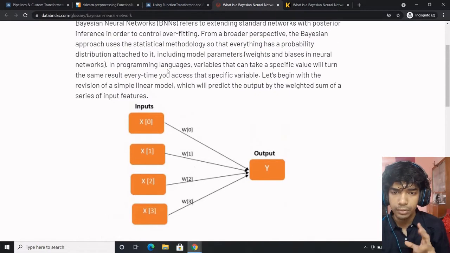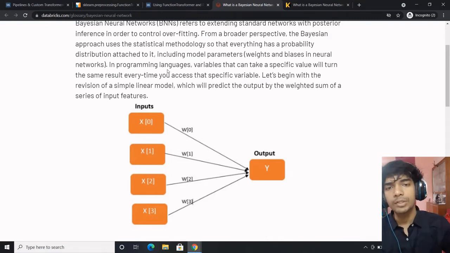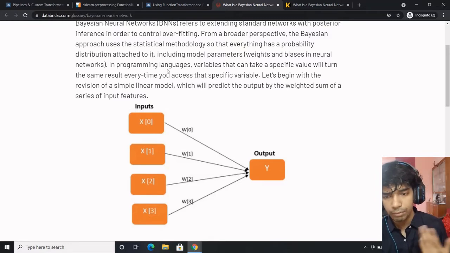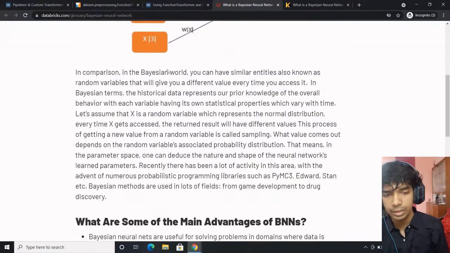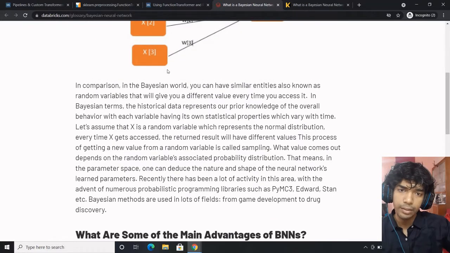But what about Bayesian neural networks? Every time you pick up the input and pass it through the Bayesian network, the output would be different. Why? Because it depends on the prior knowledge, and that is what Bayesian theory is ultimately about: prior knowledge, the sampling methods, and those kind of things.